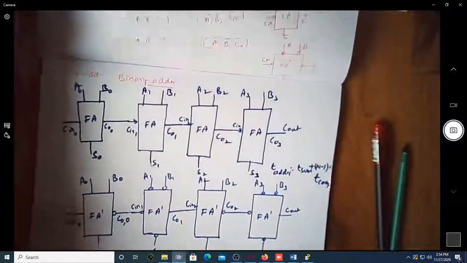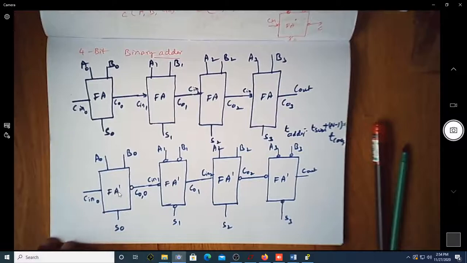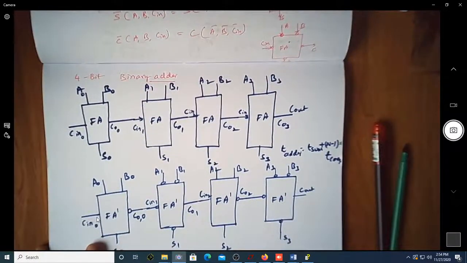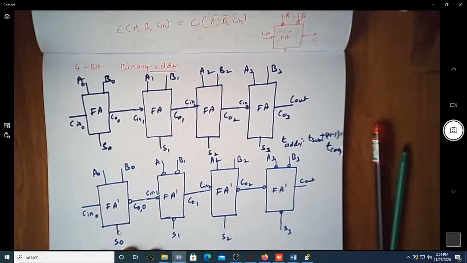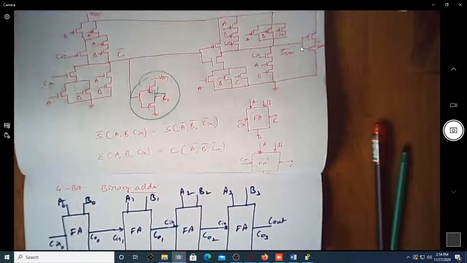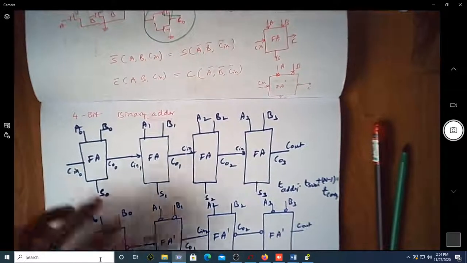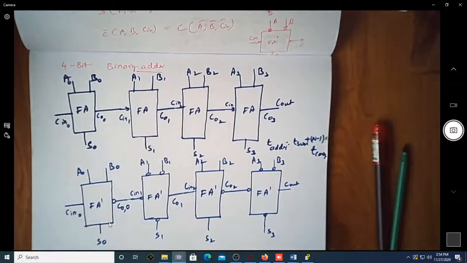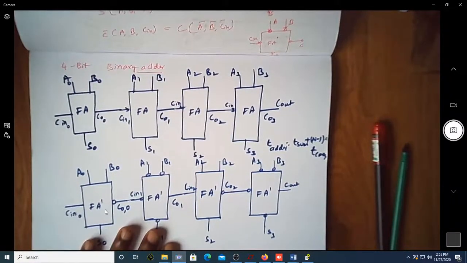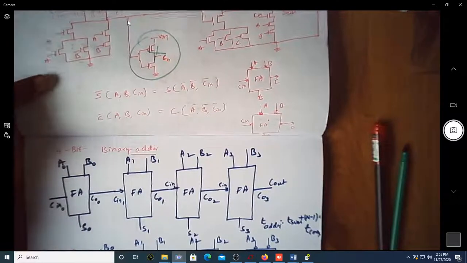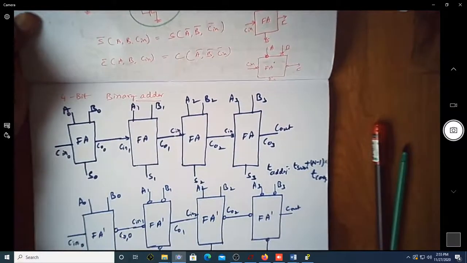Let us have a look at this. Since this FA bar does not have an inverter at the end, if I give the inputs A0, B0, C0, the sum will be the sum only, because I'm having this. So whatever I get, if I apply A, B, C in, the sum will be as it is. You can see that's why sum is as it is here, but the carry will be an inverted one, because you are taking the carry here. So if you have a look at this, you are putting a bubble here.